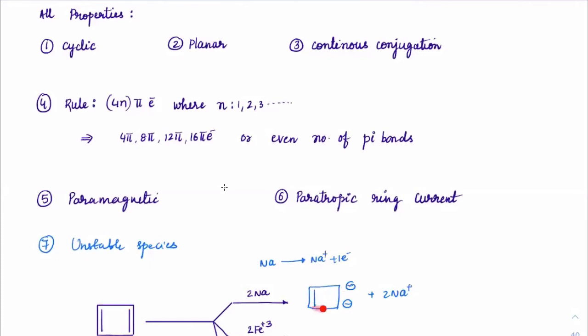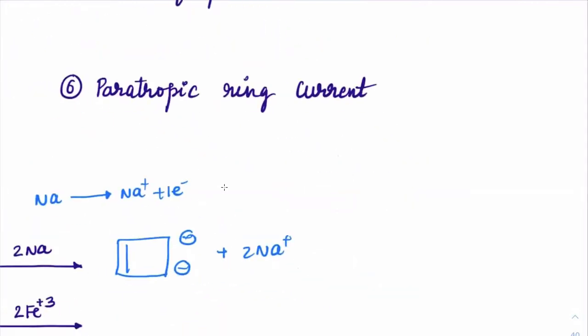Why will it convert into this form? Now if you see, this will act like a pi, this will act like a pi, and there is already a pi. Observe it, everybody. Here we have minus charge, minus charge. Minus means there is an electron pair. So this electron pair will move here and this will move here. That electron pair can immediately be treated as a pi bond, and this minus charge is already there. So again this will become a double bond here, this can become a double bond here, and